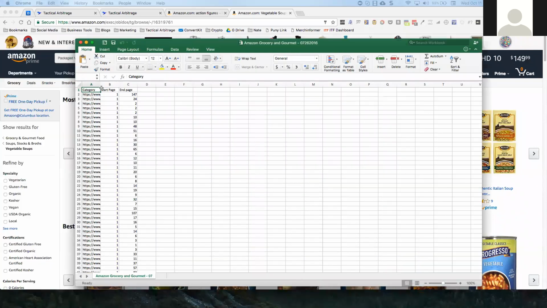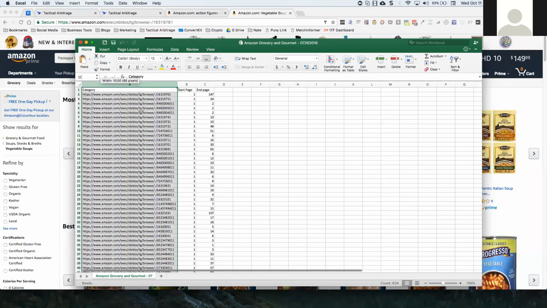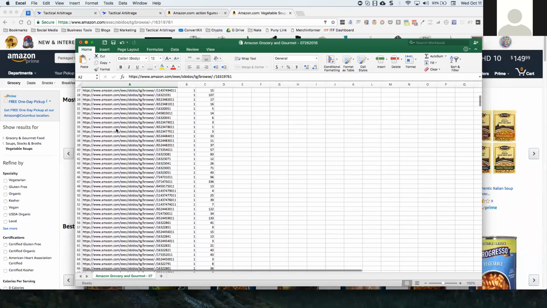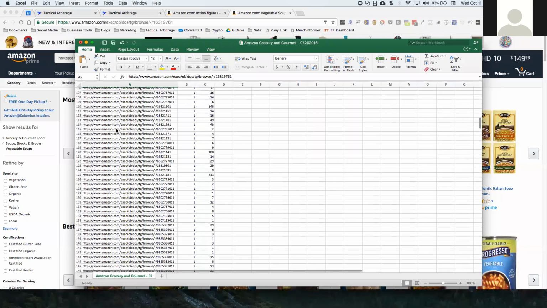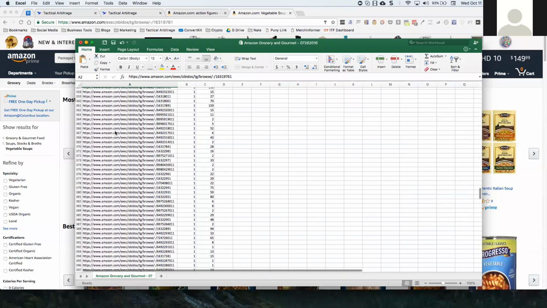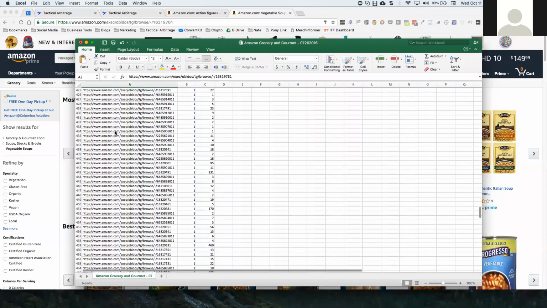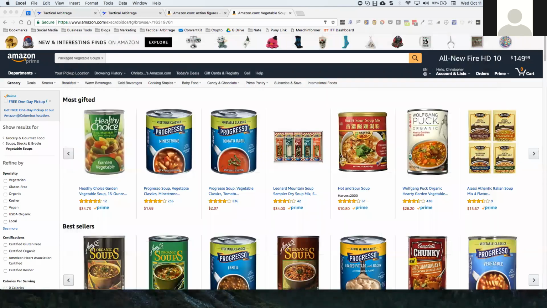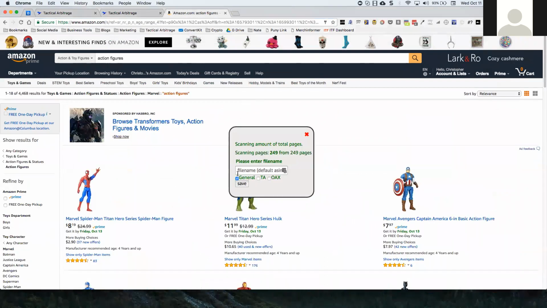What you have to upload is a list like this. This is just a category list of groceries on Amazon. You'll be able to go through each one of these and grab the ASINs from them. I will typically do a bunch of them, and then merge them together. I want to show you guys how to do that because a lot of people don't know how. You can do it manually if you want, but